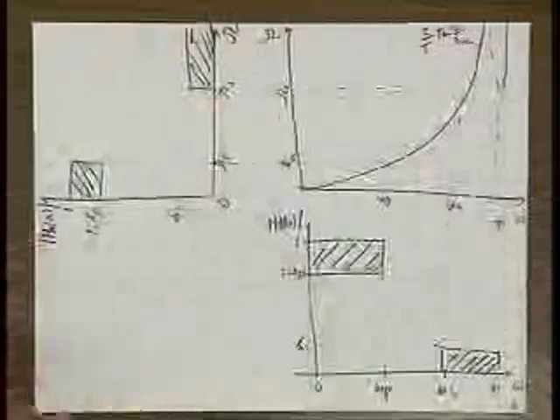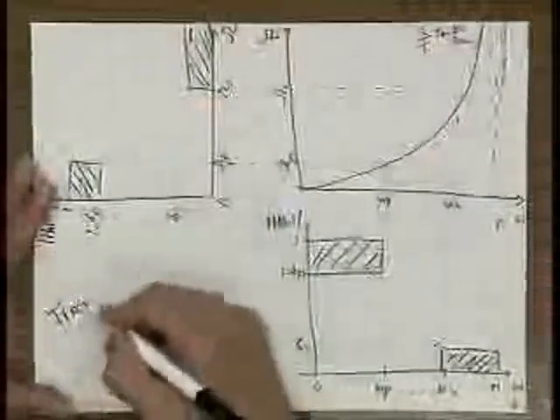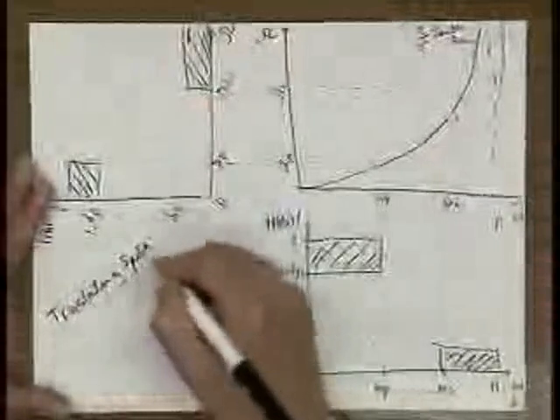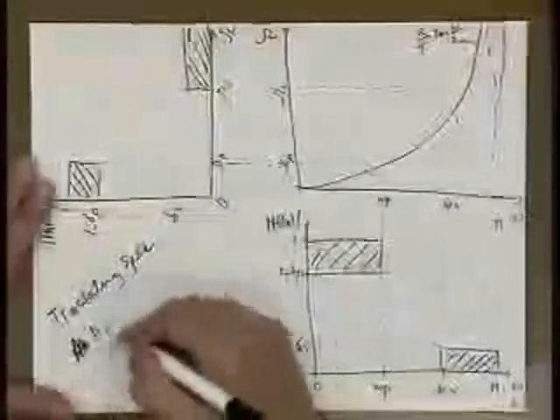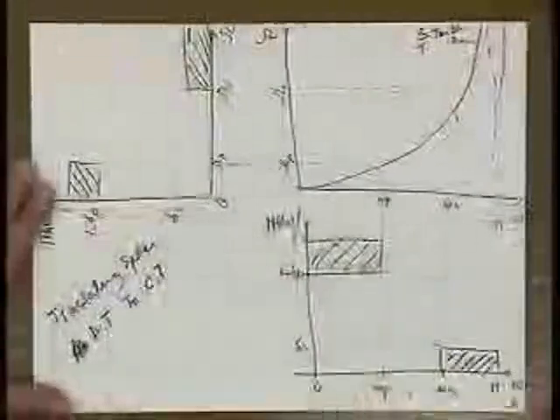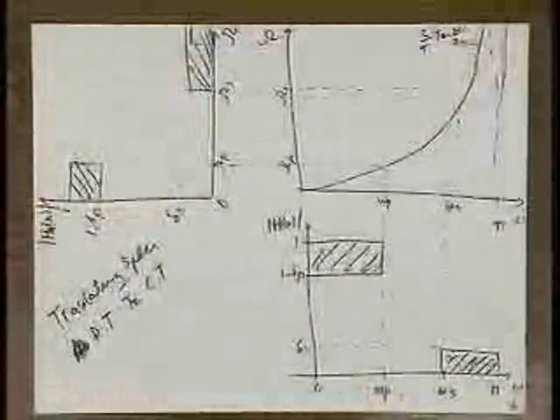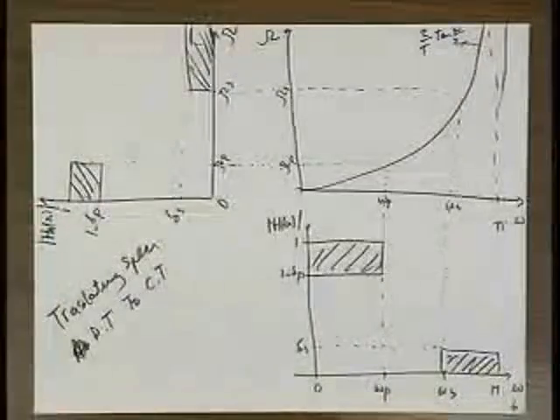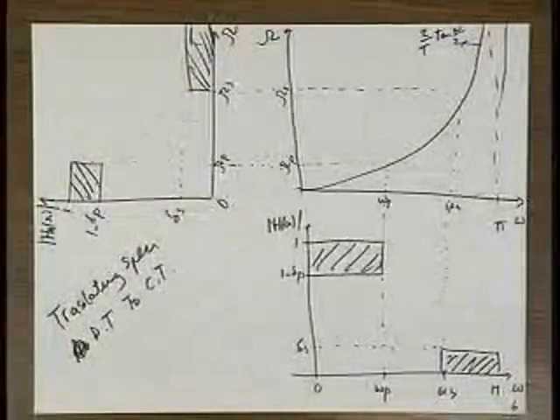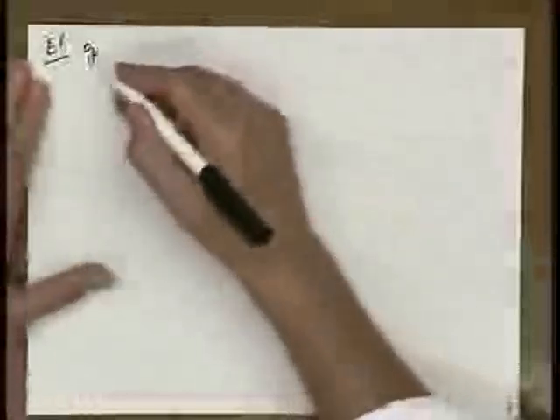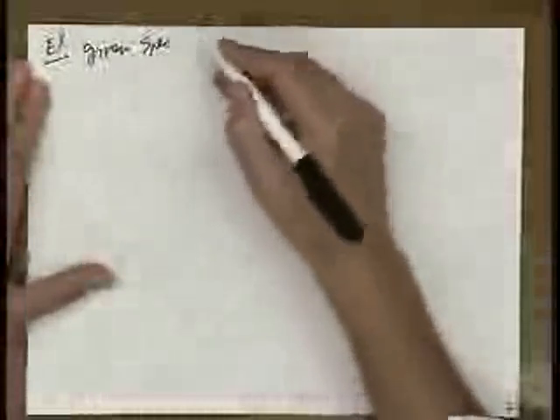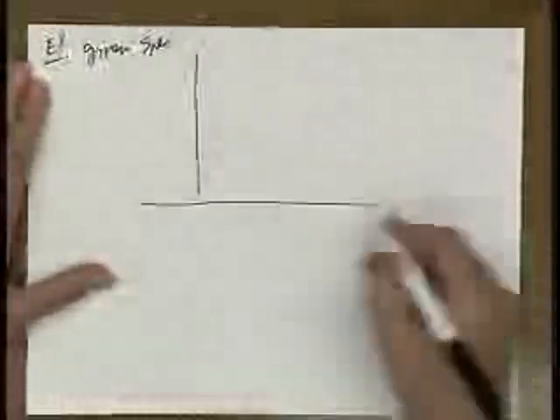So this is how translating the specs from discrete time to continuous time works. Now let's go over an actual example and show this thing in action. It's not all that different from the impulse invariance technique that we just talked about earlier in this class. As an example, we're given some sort of a spec, which is of this form,